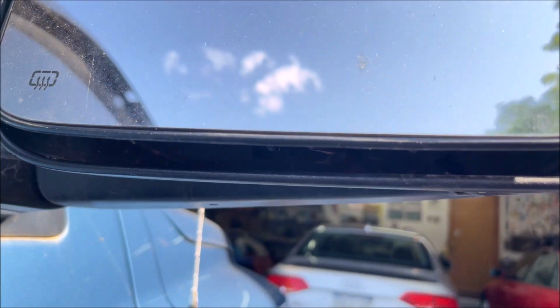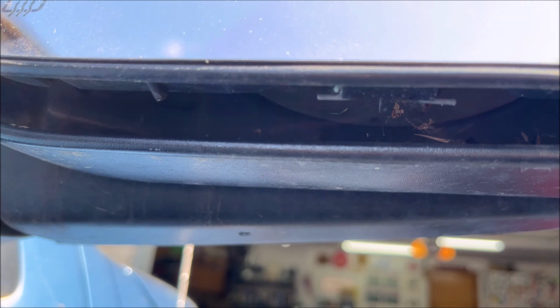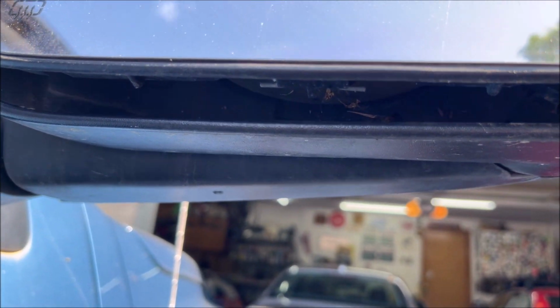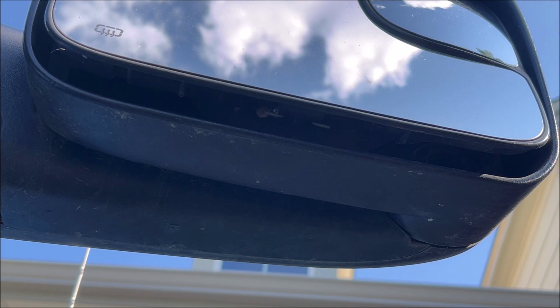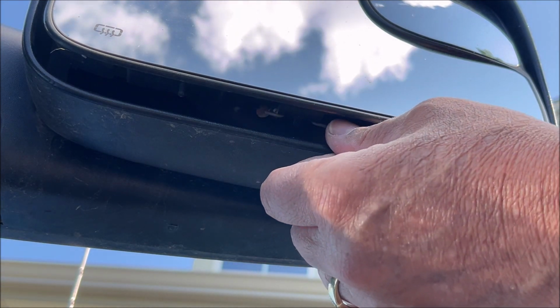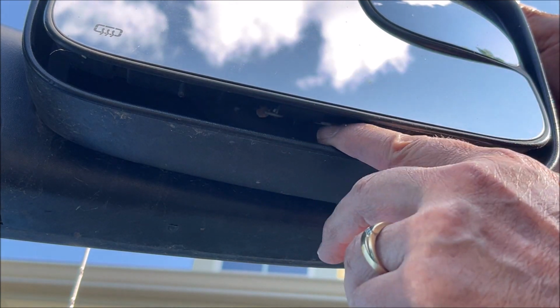And hopefully I can demonstrate that. So you might want to use a screwdriver to get these off, because they're under tension, and that's what's holding it onto the mounting thing in the middle. And let's see if we can show you how to do it. Okay, what I'm going to do is try and unclip these, and I don't know if you can do it with your fingers, but you need to push in on it and then get it around the,